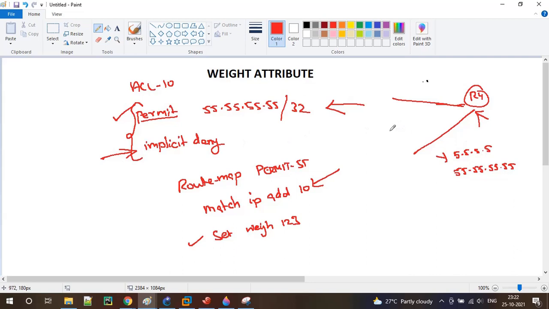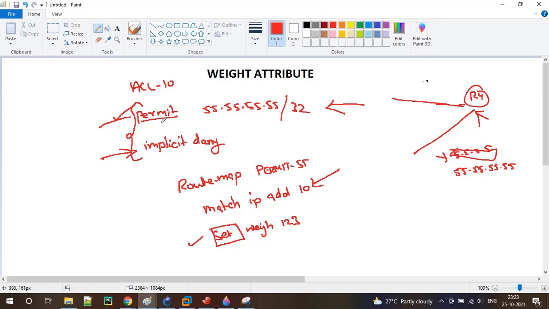So this particular 5.5.5.5 will be denied. Whichever is denied is not going to be considered for the set criteria. Only whichever is permitted here will be considered for the set criteria.